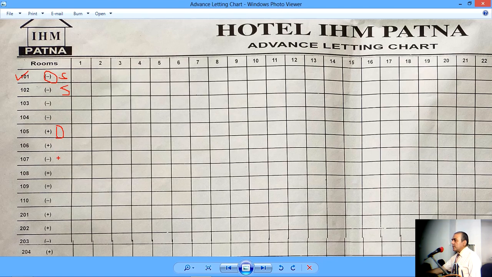And as you go further down, you will come across two separate lines. Two separate lines means two beds in the same room, but they are separate from each other. Such rooms are known as twin rooms. So these symbols indicate single rooms, double rooms, and twin rooms. So I hope this part is clear.